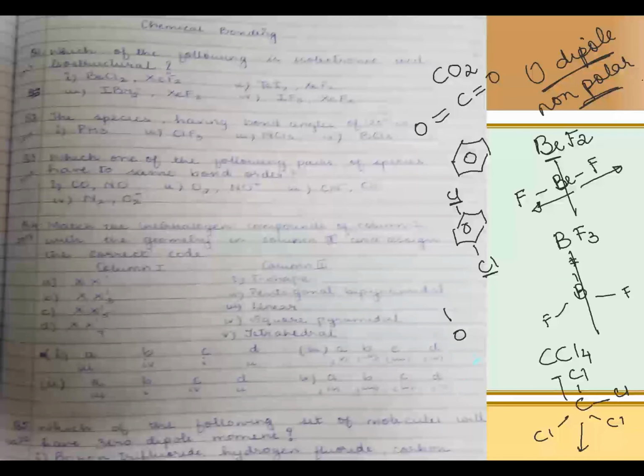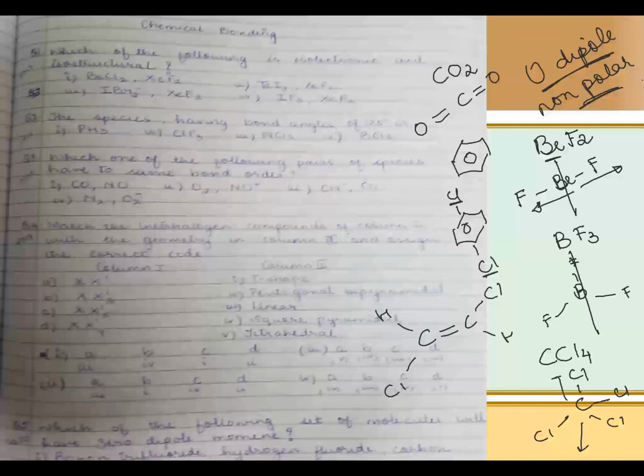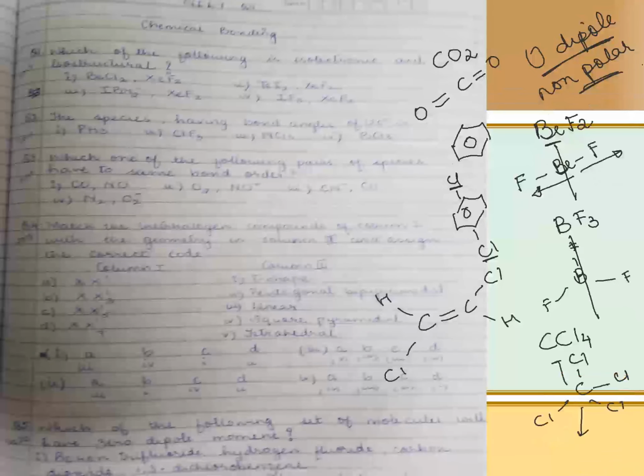Cis and trans, you already know, right? Trans compound will be non-polar. So if I'm writing one Cl here, one Cl here, H here, H here, this will be non-polar. These are one set of non-polar molecules which keep coming again and again. We will go to our question now. I know you can't see the options. So let's just go to our question now and see what was the answer. This was in fact a 2020 question.